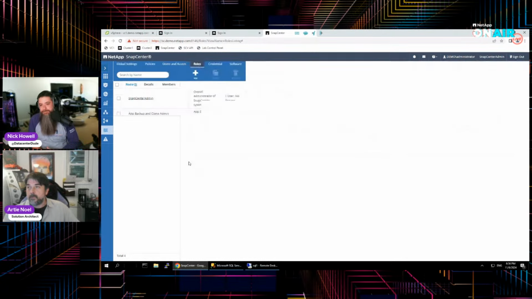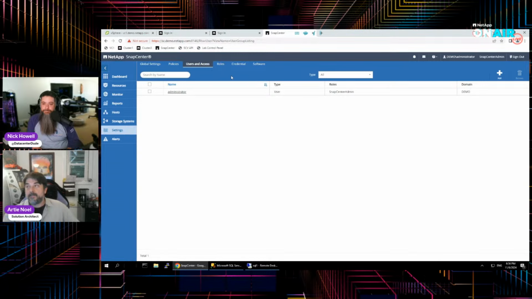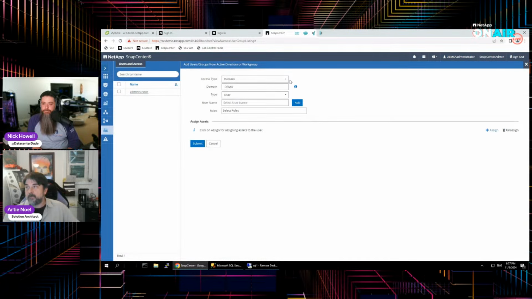But you can also very easily click your little checkbox here and copy out one, so that then you can manipulate your own. And if you forget what you've changed, you can always go back to the original, right? Yeah. So very flexible, very granular. And the last part of our RBAC is you can tie it into the users that have access. So you can see here we have our user that's administrator. It's from that domain, and it's got the role of SnapCenter admin, but you can absolutely configure multiple different types